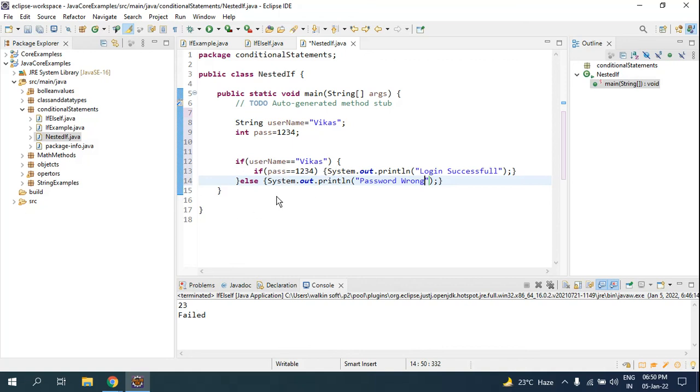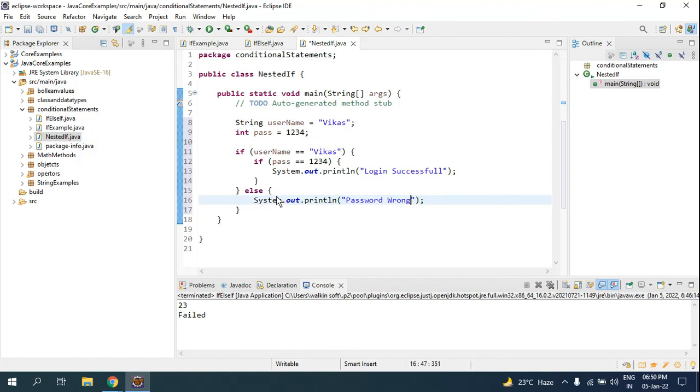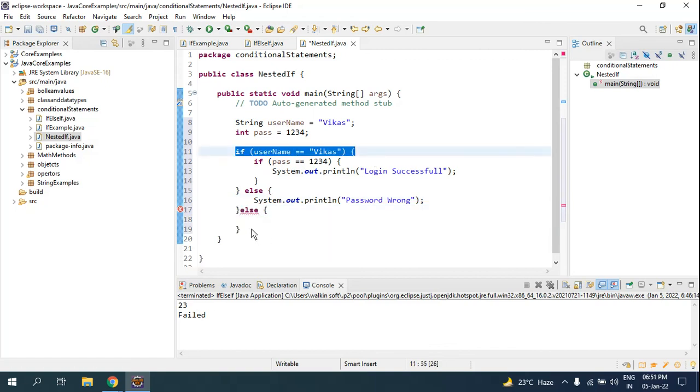At that time I should be checking here else. Look, this else I'm using is for this if username. So I'll check here SYSOUT, username is wrong.